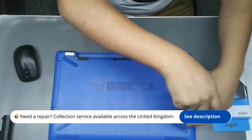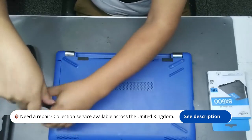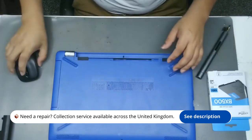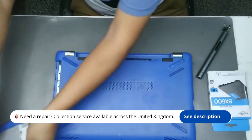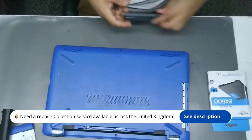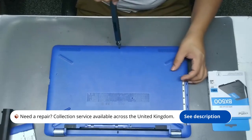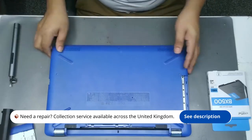If your HP 15BW025NS is feeling dead slow and takes forever to open anything, you're not alone. This sluggish performance often comes from an aging hard drive or an outdated SSD. If left unresolved, it can lead to even longer loading times and may eventually hinder your productivity significantly. Today, we'll show you how to replace that slow SSD with a faster one, getting your laptop back to its